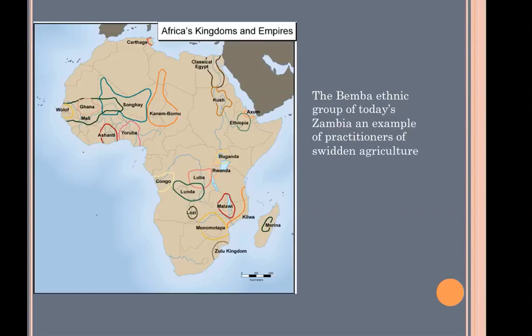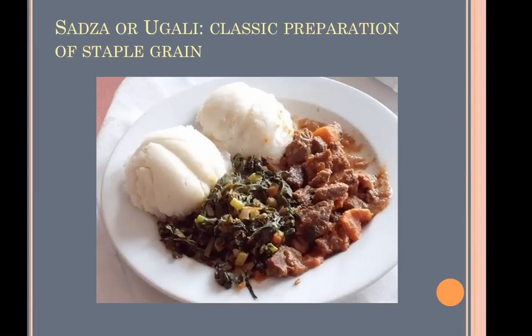Then they had to move on to a new region, cut down all the vegetation, burn it in order to mix the ash in with the soil, and that enabled them to get another decent crop. But what you need to think about here is the immense labor requirements that put on this particular people, and the fact that they would have to move so frequently in order to find fields that were ready to go. Still, it enabled them to create a society and to keep their families going.